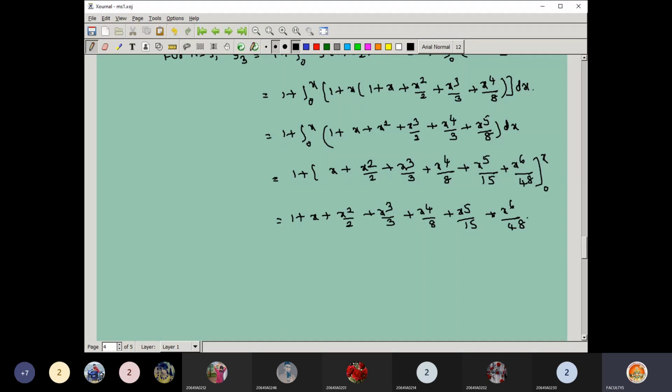So after getting that third approximate root, it is asking to find the y value at x equal to 0.2. So if I substitute x is equal to 0.2, you try to find the y value. Approximately I am getting 1.022. Is it correct or not? You just verify with your calculator.